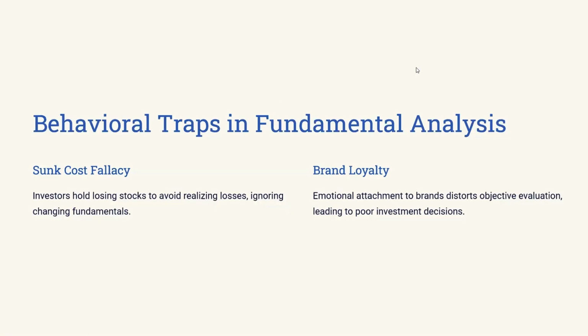Let's move on. So the first point is sunk cost fallacy. Investors hold a losing stock to avoid realizing a loss, ignoring the changing fundamentals due to confirmation bias. And the second one is brand loyalty: emotional attachment to brands, like my favorite brands such as Nike, or having bought a recent product from their brand. Brand attachment distorts objective evaluation, leading to poor investment decisions. Let's proceed to the next slide,